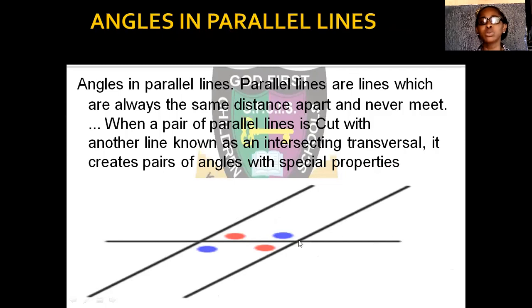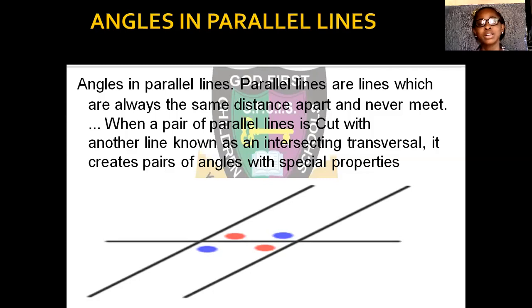These are angles in parallel lines. What is a parallel line? Parallel lines are lines that have the same distance apart, but they can never meet. So for the angles in parallel lines, here we have two parallel lines that have the same distance apart and can never meet,